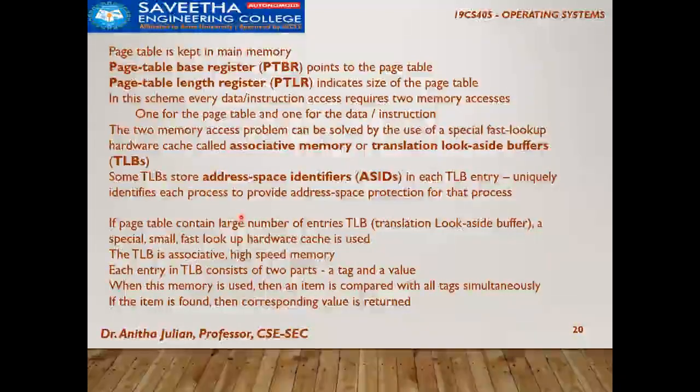In case it is a very small process, we can simply go ahead with this page table and allocate. In the previous lecture, we saw one small table giving an address mapping between the page number and the frame number. But in most cases, we are dealing with very large processes, so we cannot always depend on this. So we go in for something called the translation look-aside buffer, TLB.